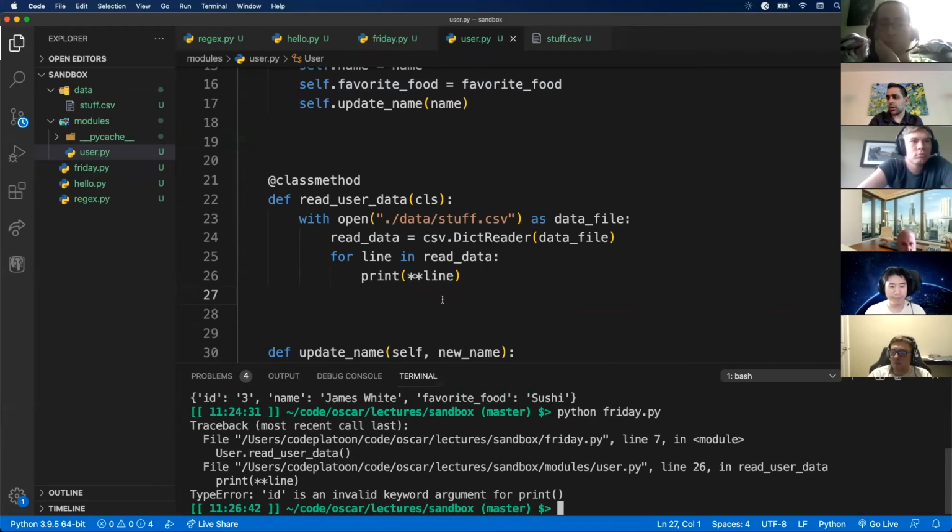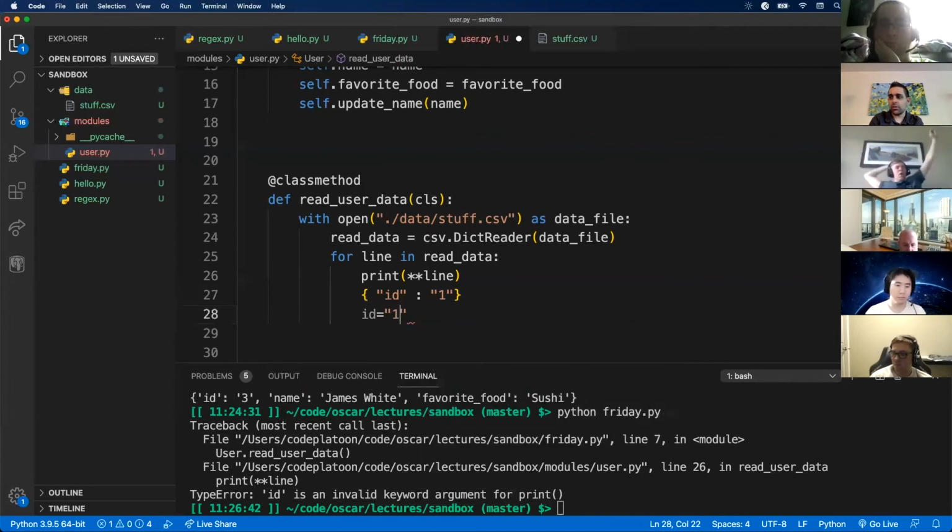Yeah, so that's not going to work here, but basically the star operator will break your dictionary into key value pairs. So we had a dictionary with ID, and the ID was 1. What a kwarg is going to do is magically convert that to id equals 1. Right? That's what the star operator will do. If you have a dictionary that's this simple, the spread operator here is going to break it down into id equals 1